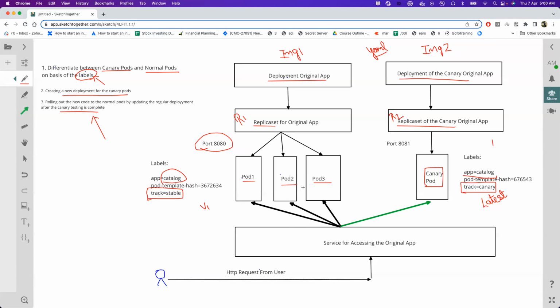So at a moment in time, we have both application versions, application version v1 and the latest application version, live. Now how do you make it live? You are basically going to create a service. This service that I have created is tracking the label app equal to catalog. Since this label is there on both the deployments that we have done, that is our normal deployment as well as the canary deployment,